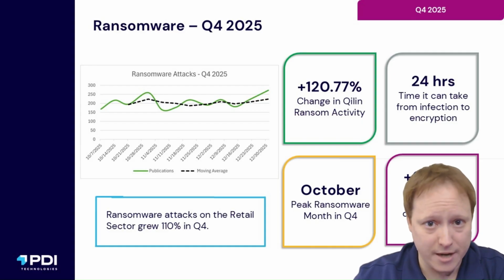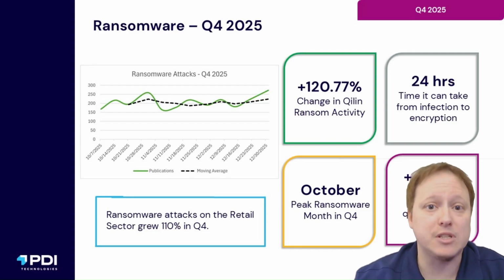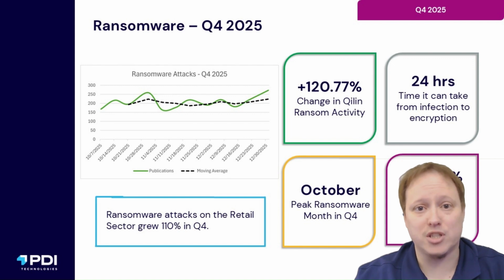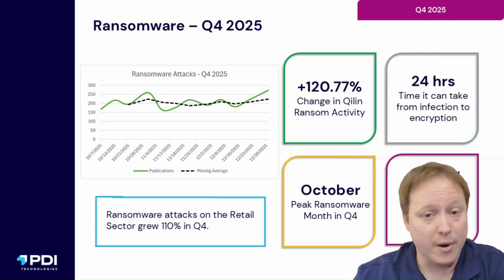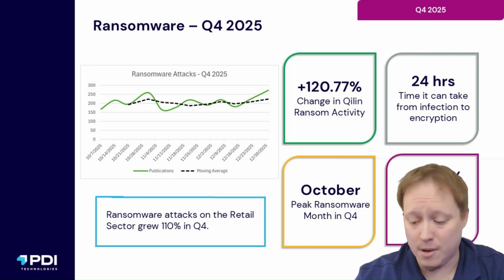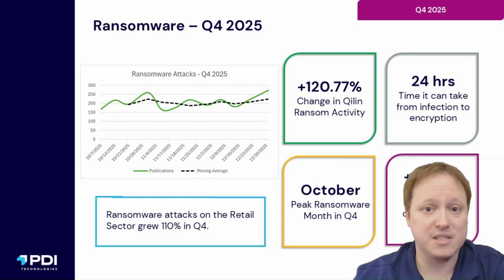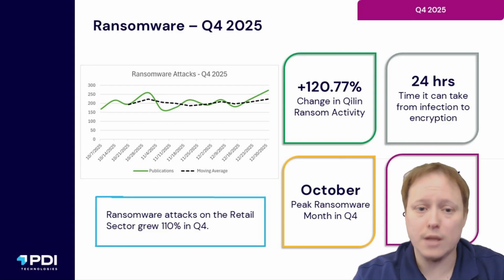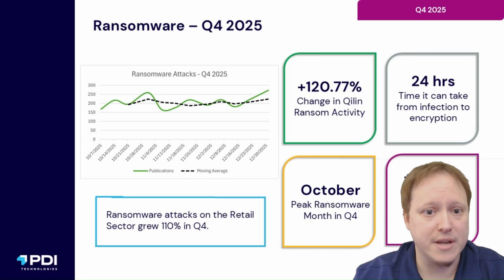What an extortion publication is, if you're not familiar, is basically once a threat actor has launched a successful attack and they've exfiltrated that data I was speaking about, they typically publish a sample of that somewhere on their dark website to say, look, we breached this organization. Here is a sample of the data we stole from them. If you don't pay the ransom that we're asking you to pay, we're going to either release all of the data publicly or we're going to sell this to other threat actors. So tracking those extortion publications on websites, that's where we saw that increase.